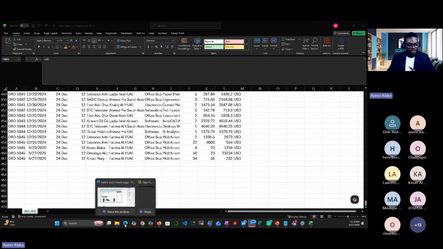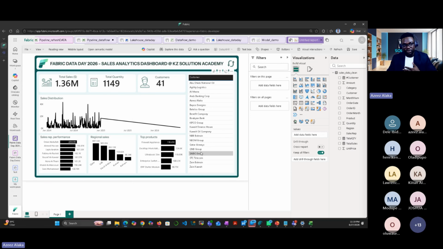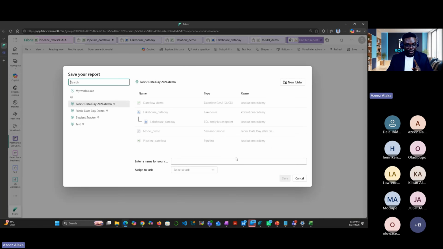So now let's go to our reports. This is saved, correct? So let's go to our report. From the report, what do we need to do? We need to run the pipeline first. Remember, the pipeline is actually, we need to run the pipeline. We have not saved this report. Let's just call it report. That's visualization, save.